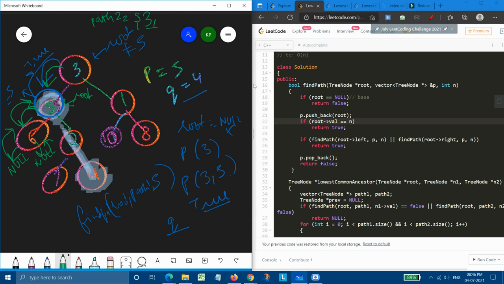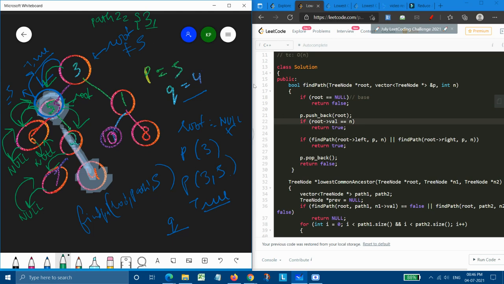So now 5 is root again. So 5 will check for its right child. Its right child is 2, and it is not equal to the n. So now 2 will become the root, and then it will check for its left child, which is 7. Now 7 is the root, so 7 will check for its left child, which is null.